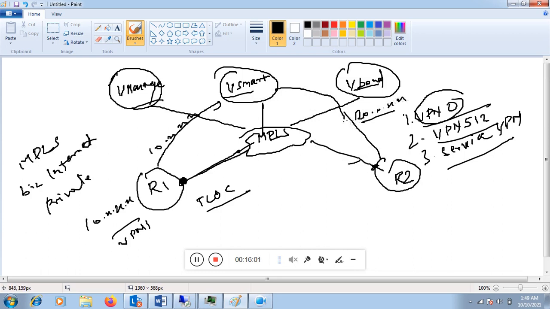This routing exchange will be done over the OMP protocol, which runs on the vSmart and the WAN edges, and all the WAN edges form an OMP neighborship with the vSmart. It is similar to the BGP protocol, but OMP runs under the overlay of SD-WAN, and all the WAN edges and the vSmart run OMP for route exchange.